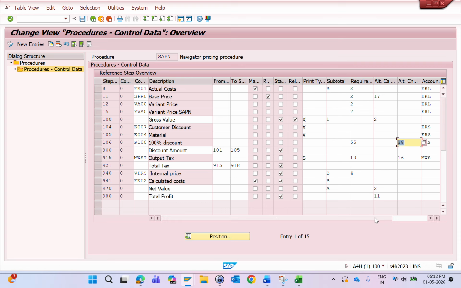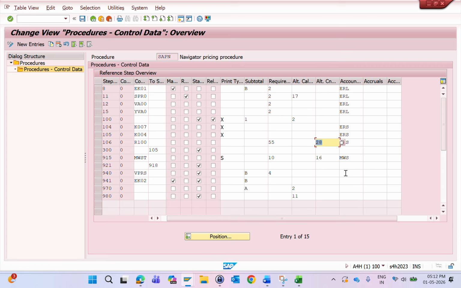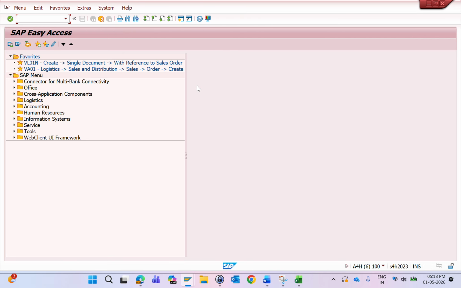Okay, and coming to account key. So whenever an invoice gets created, you will post that condition amount into the accounting, right? So this account key will be useful for you to post the condition amount into the accounting. Because based on this account key only we will maintain the GL account. So that is in VKOA conditions. Okay, if I go to VKOA,